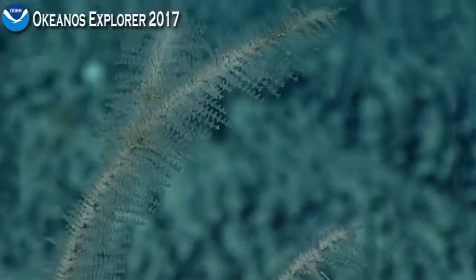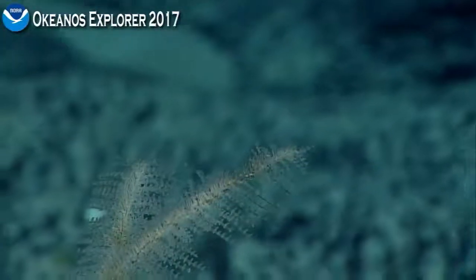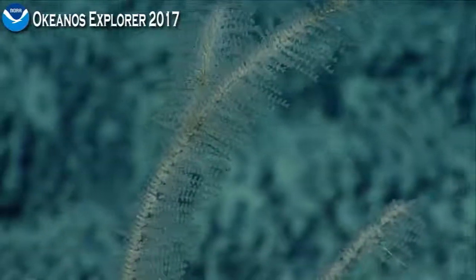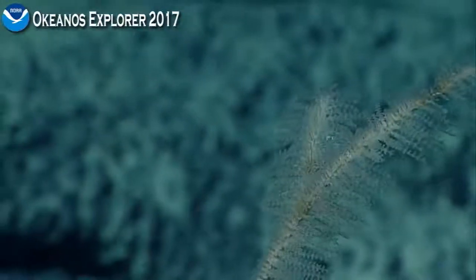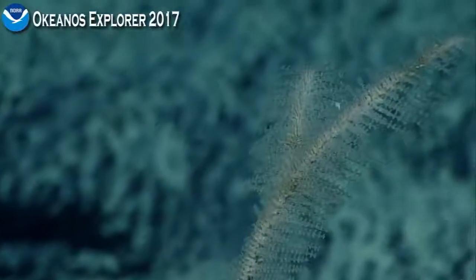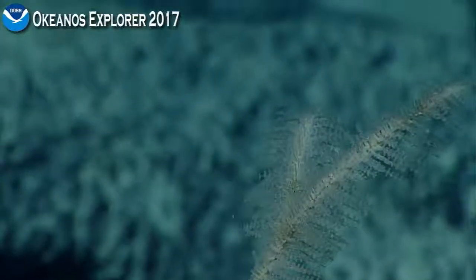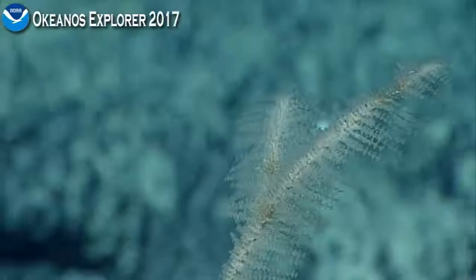I'm not as familiar. I'm guessing it's some kind of Trisopathes, and so it is a black coral. We can tell that from the very small size of the polyp and the shape of the tentacles. And the fact that you have these really short branches or pinnules in between longer ones, and the fact that this is multi-branched suggests it's in the genus Trisopathes, and I could not go farther to try to put